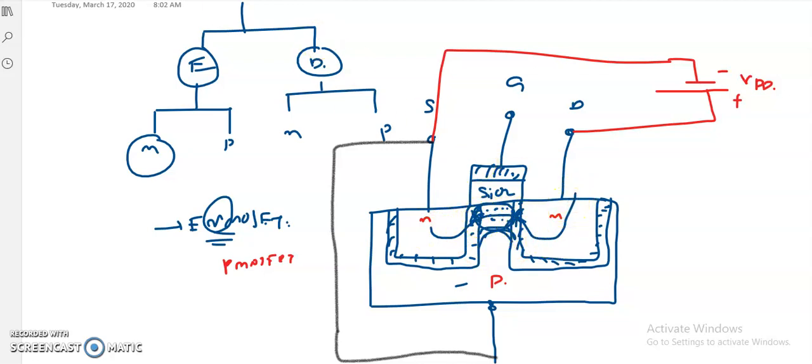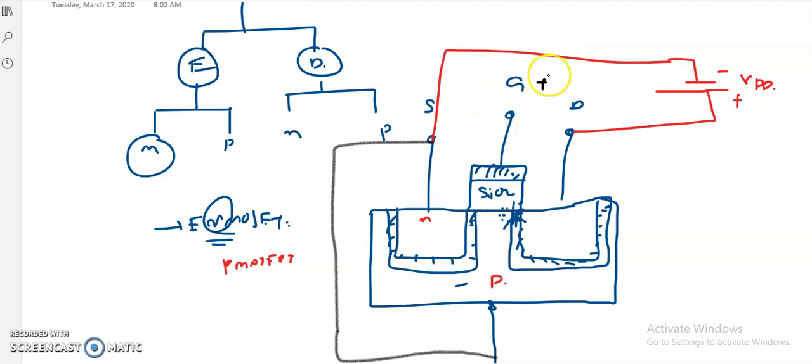So here the concept is, if you want to bring up the electrons at the channel, what is the step we have to take? That is the concept we have to see right now. And if I apply the positive gate voltage here, okay,